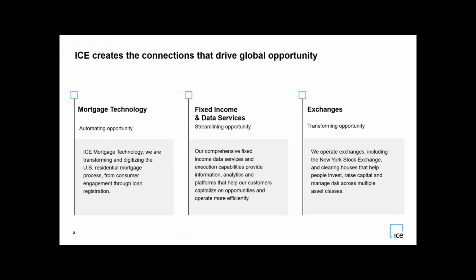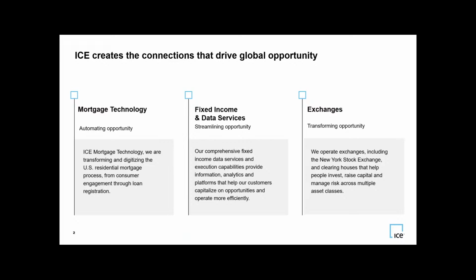And the second part of our business is the fixed income and data services. ICE has very big data services that not only capitalize on data from ICE, but also on all the other exchanges around the world, in different sectors as well, not just on the futures side. So we do have data feeds for multiple exchanges, and a lot of other companies use us for data services.